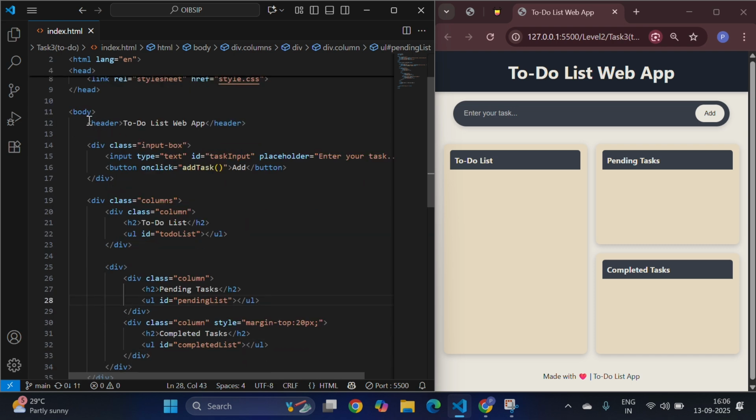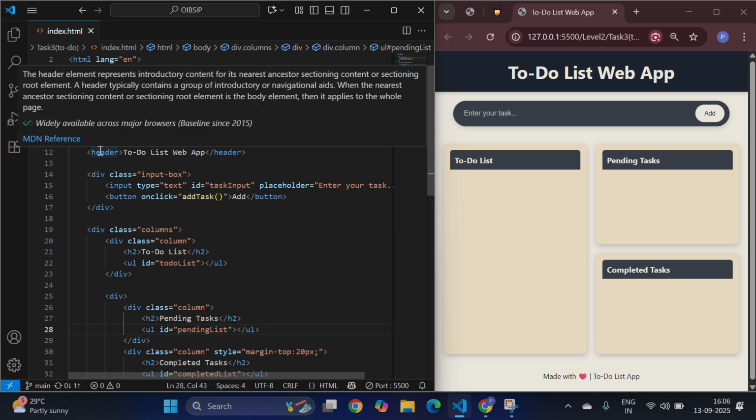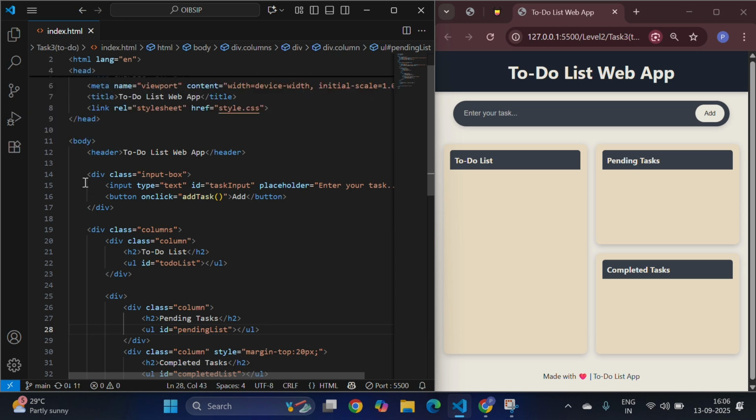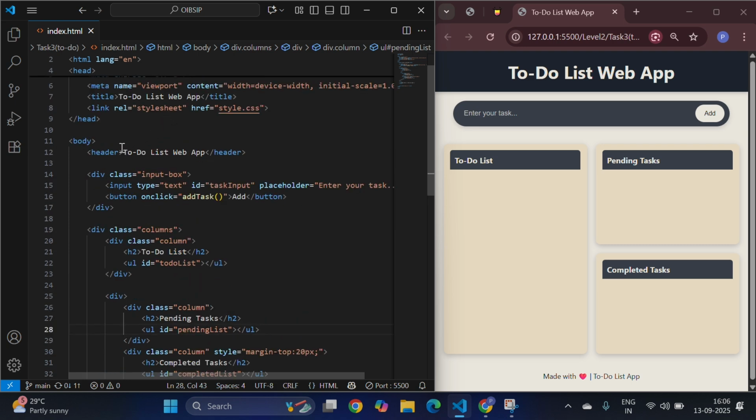In the body I have created three main sections, which are the header, the input box and the columns. So my header is basically the heading of my web app, and the input box contains an input field with an add task button that adds a new task to our list,